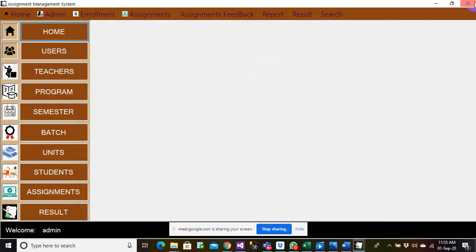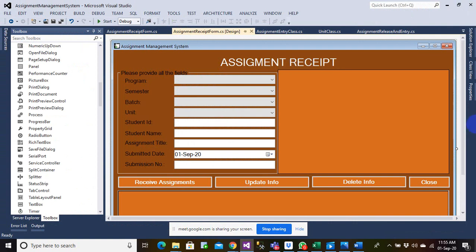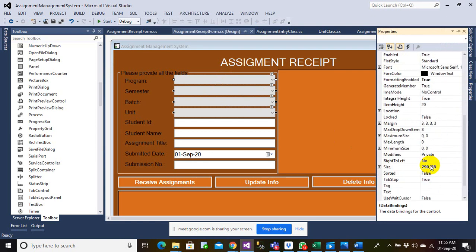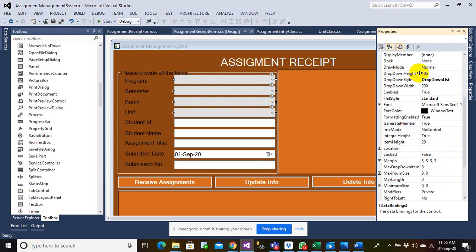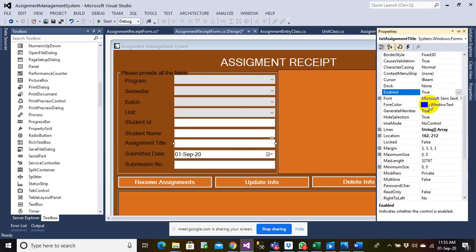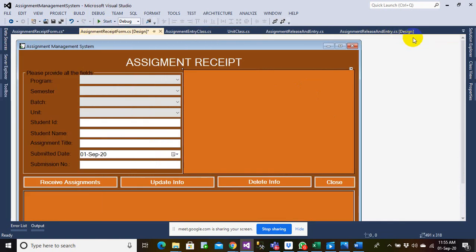the semester. So let me do one thing over here, everyone. There are a few things that should not be changed. For example, these things should not be entered by any of them. So let me go to property and let me make enabled to false. I do not have to provide that value. I just want to say enabled equals false, and assignment title also enabled equals false. Alright, now submission date, and this has to be supplied. And now let's make it a bit bigger if you want. Let's make it a bit bigger.